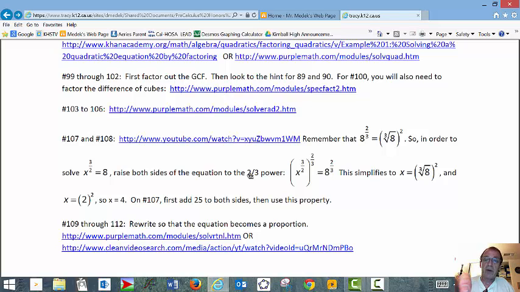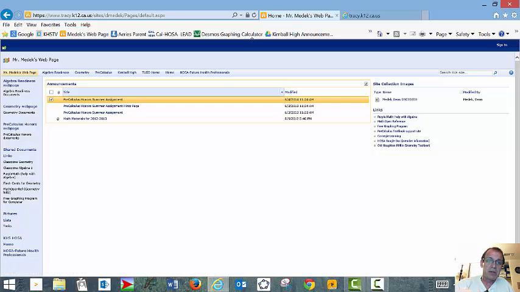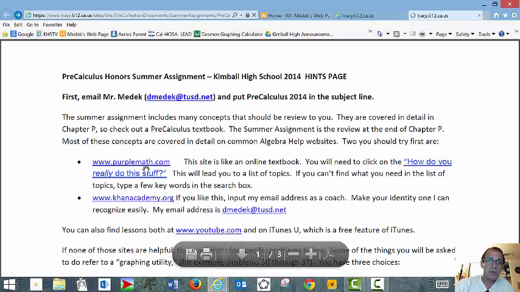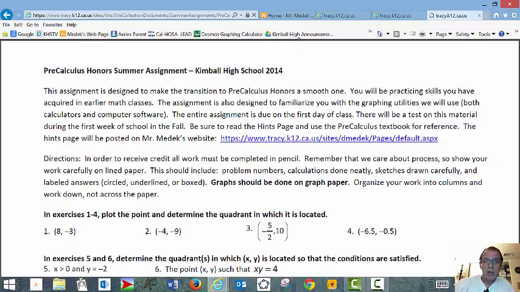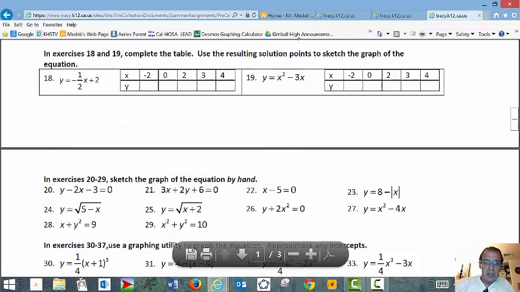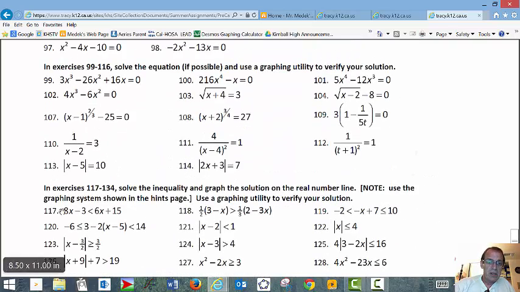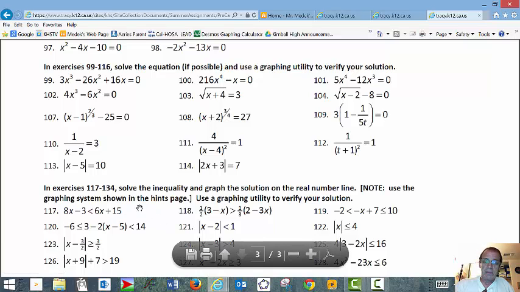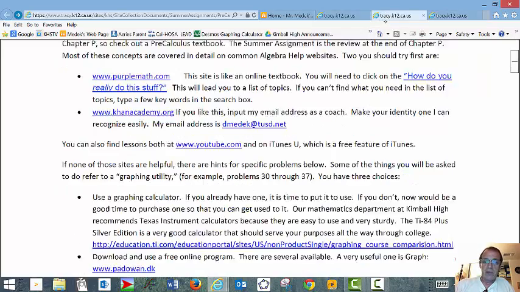I'm going to show you that one right now. Let me first show you what that looks like on the assignment. That's the hints page. I want the summer assignment. So problem number 117 right here, and it looks like a simple inequality, and if you solve that you end up with x is less than 9. The problem is that that won't really show you what I'm looking for